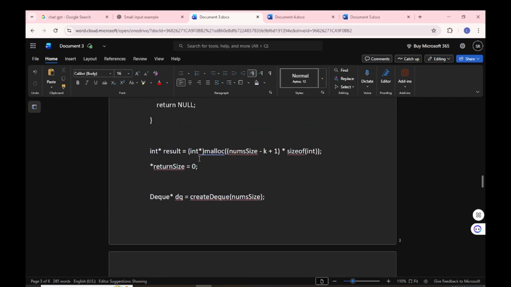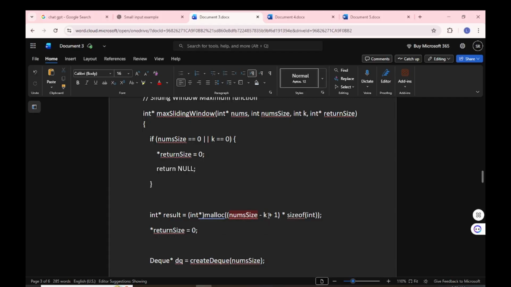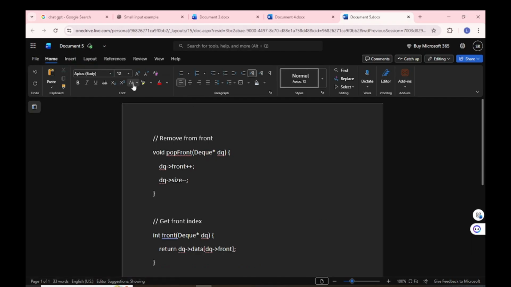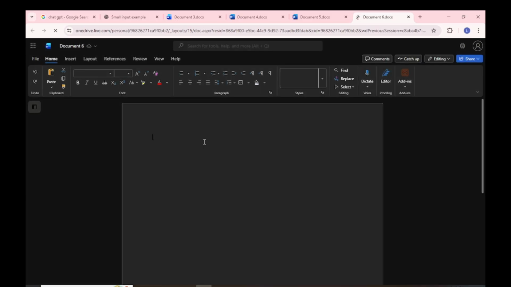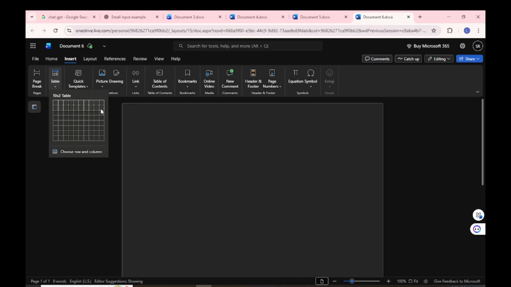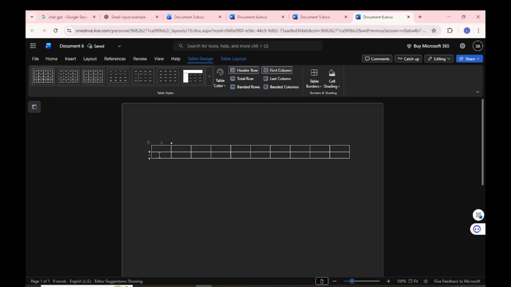For our input, let's say our input is 1 2 3, so num size is 3. 3 minus k equals 3 minus 3, right? So 0, 0 plus 1, that means 1. At least one space for one number should be here, right? So what we will do, we will take another file, and maybe here we will insert a table for the numbers, right? Result, right? So let's define it like